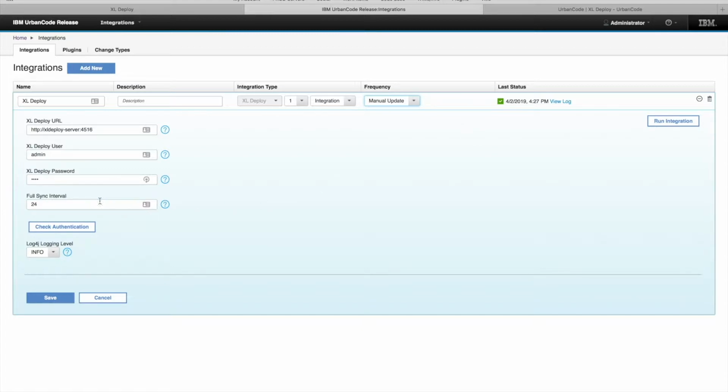So the opposite of that, a full sync, it's going to try and import everything. And the point of that is because when you run a delta sync, it's not going to actually detect items in XL Deploy that have been deleted. So to do that, we have to check everything in XL Deploy and everything in UrbanCode Release, compare them against each other, and see what's actually been removed from XL Deploy. And as you can understand, that's kind of an intensive process, and it can take a little bit longer. So that's why we provide this interval, so we can say, okay, only run a full sync every 24 hours,